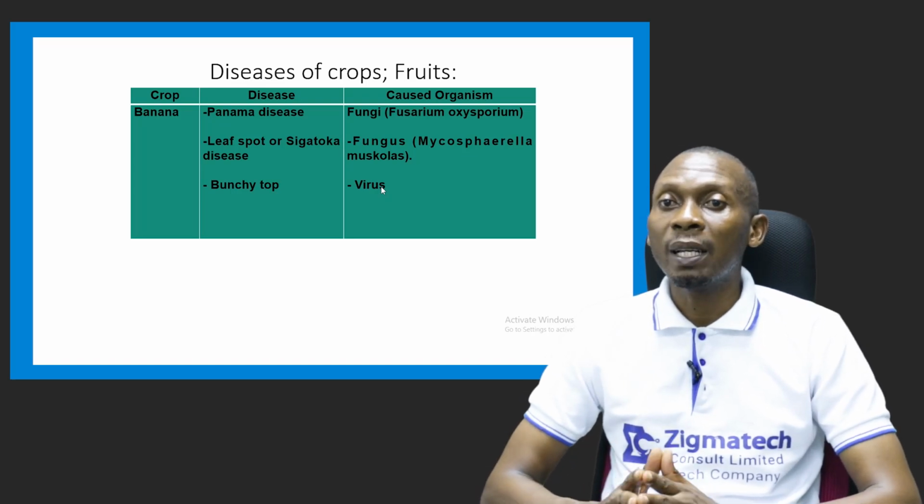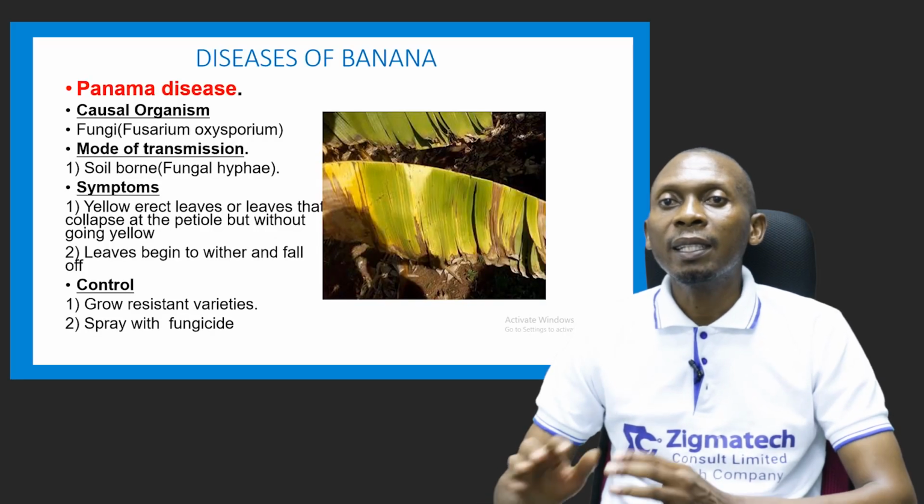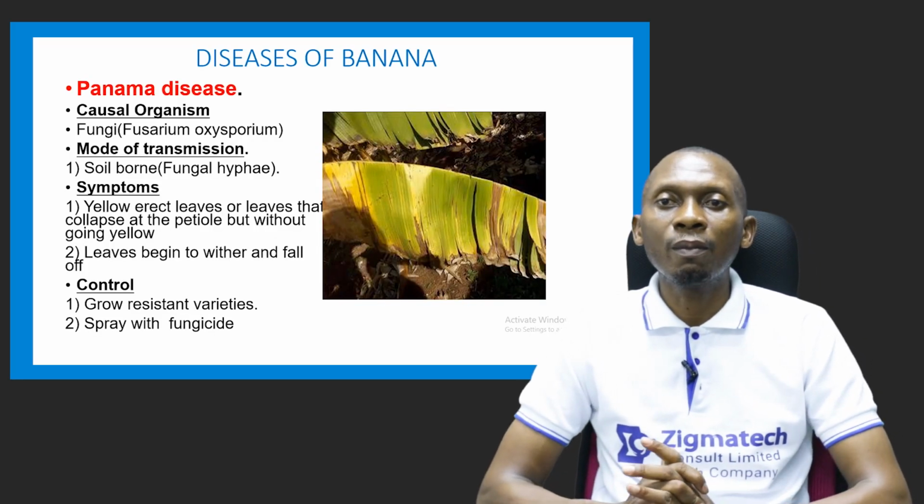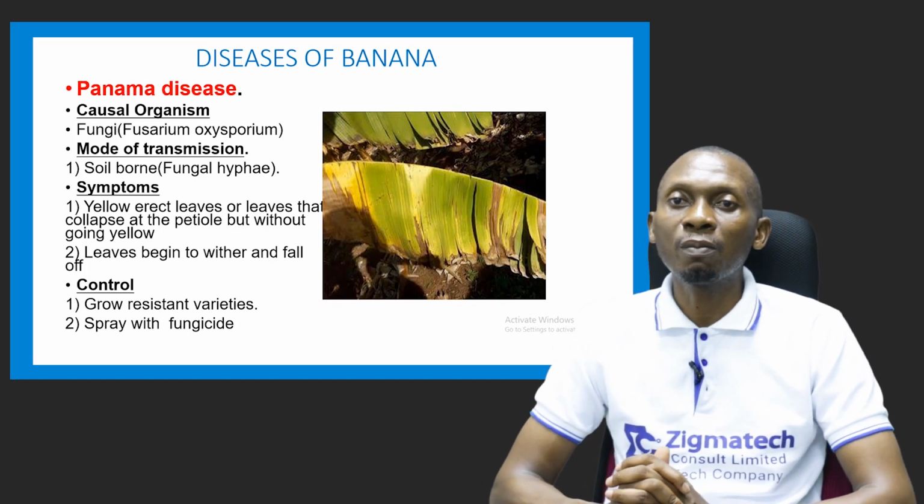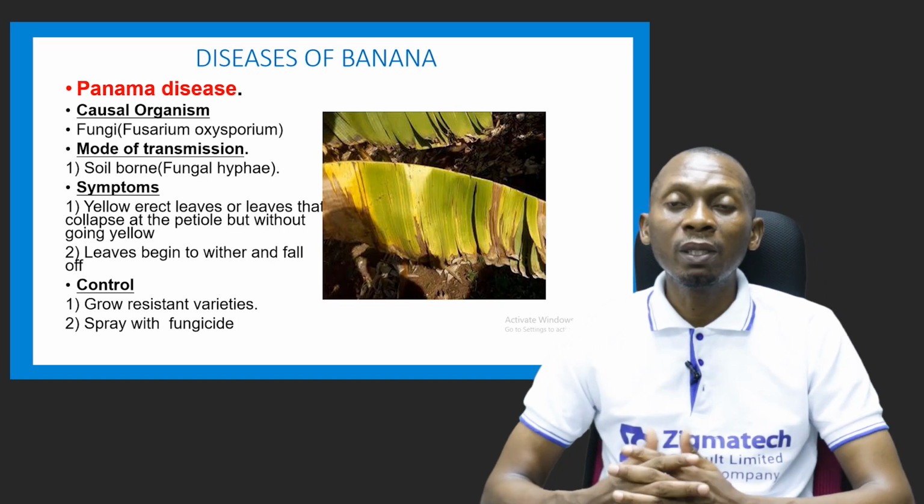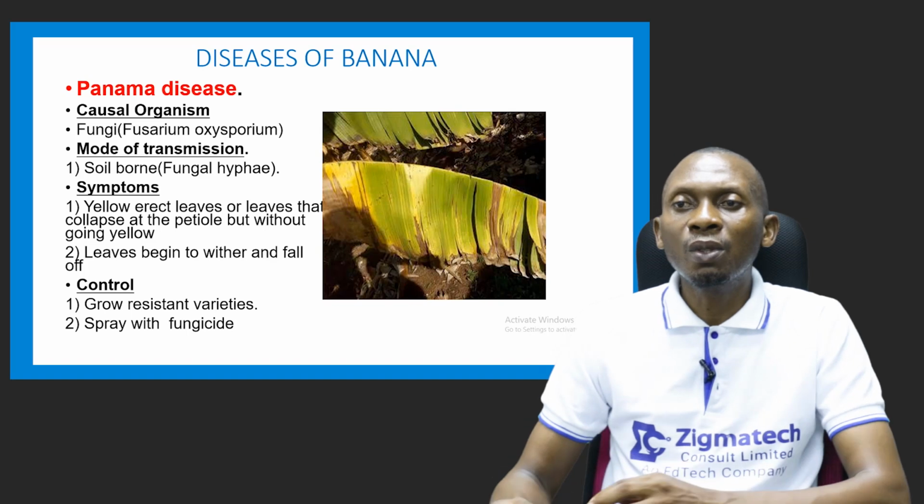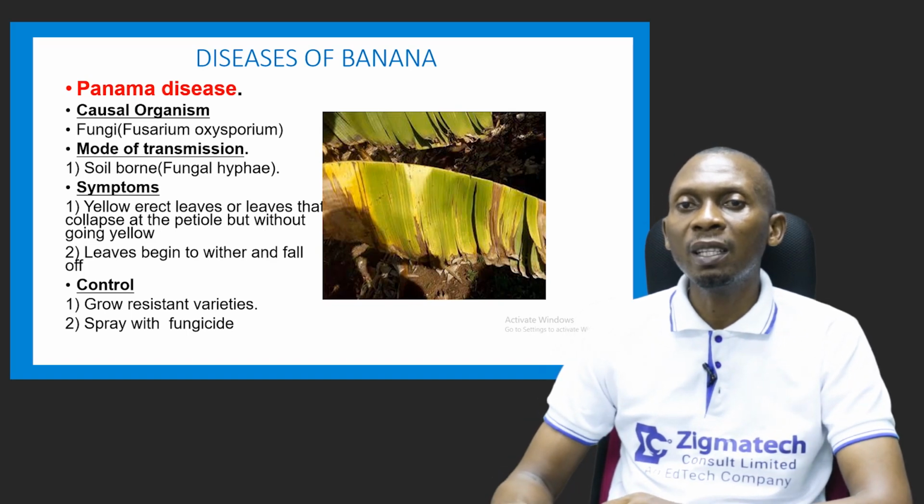Mycosphaerella musicola. Then we have bunchy top, which is also caused by a virus. Now, starting with Panama disease, it is caused by the fungus Fusarium oxysporum. It is spread through the soil. It's a soil-borne disease. And the symptoms here are that you notice yellow erect leaves or leaves that collapse